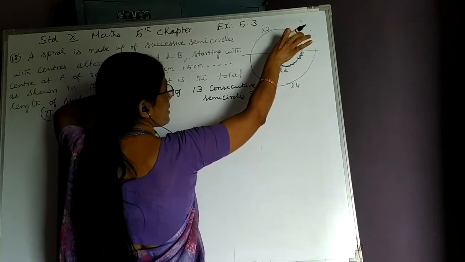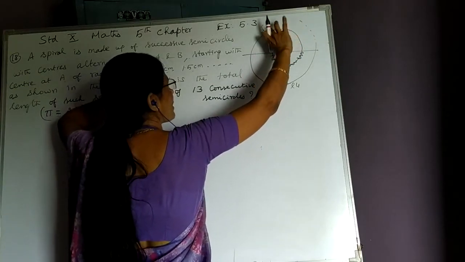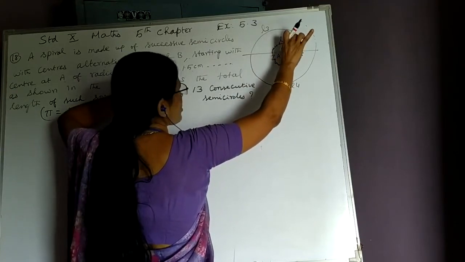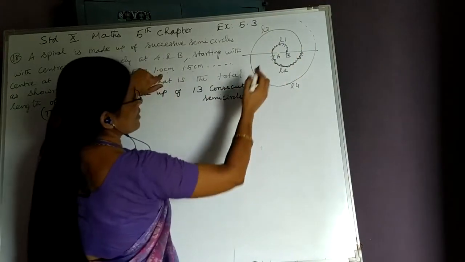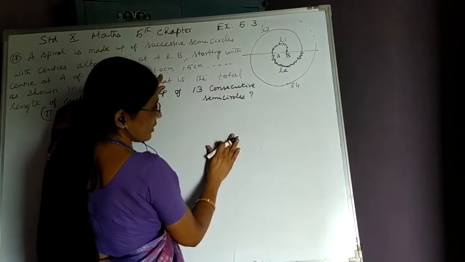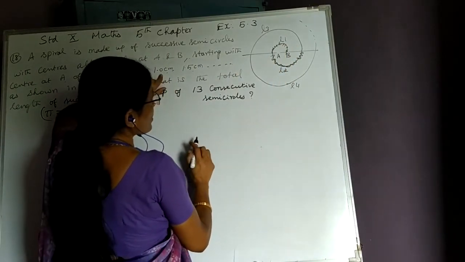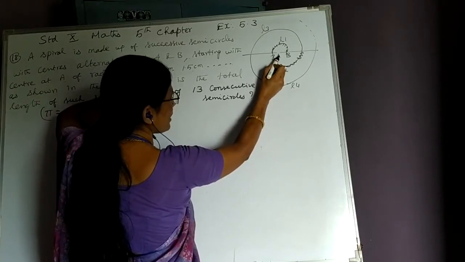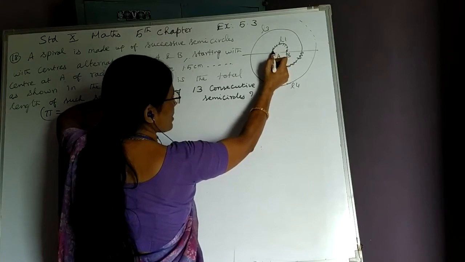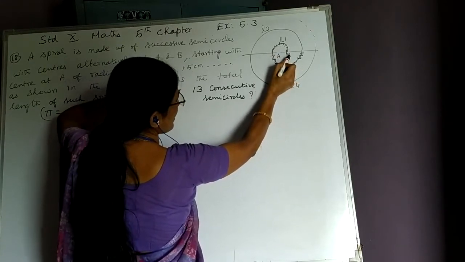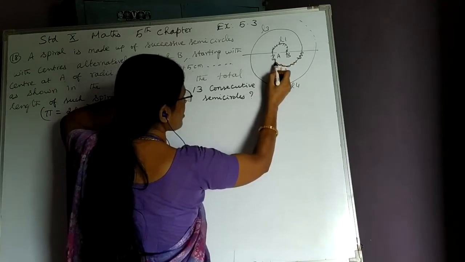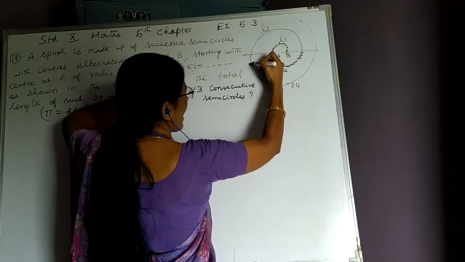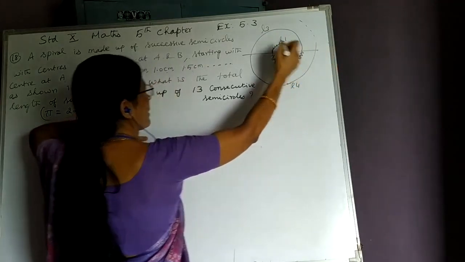Again, center A is chosen with radius 1.5 centimeter. We got L3, right? Then center B with radius 2 centimeter is drawn. So, alternately, we are getting the semicircles. It is drawn in the figure very clearly. So, when we take center A with radius 0.5 centimeter, L1 is the length of the semicircle. When it is drawn with center B, radius 1 centimeter, L2 is the length of the semicircle. Then L3 is the third semicircle. L4 is the length of the fourth semicircle. It is going on like that.